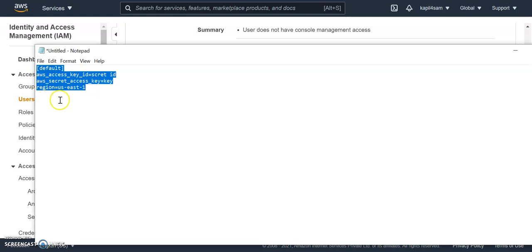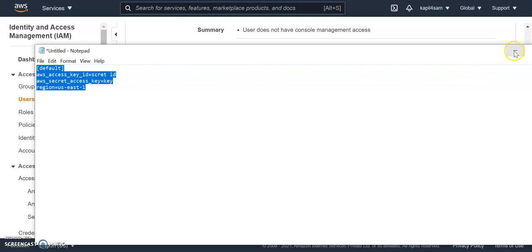For example, default, production, and development, if you have multiple AWS accounts, then you can create different AWS profiles, and you can have these three parameters in that. The first is the AWS access key ID, then the AWS secret access key, and the region which you are in. So these are the three parameters which you need to configure in the AWS profile.